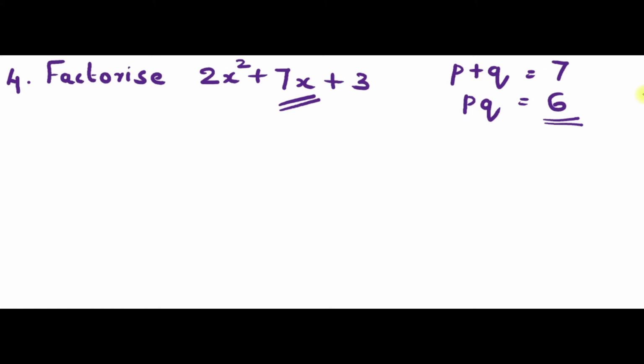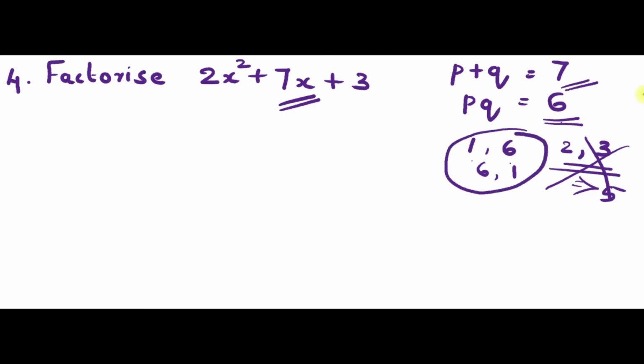So, we can consider 1, 6 and also 2, 3. When you are considering 1 and 6 or 6, 1, you will be getting product as 6 and sum will also be 7. 6 plus 1 will give you 7. On multiplying 2 and 3, you will get product as 6, but your sum will give you only 5. So, these numbers you can't take. You can go for these numbers only. Then you have to write in this manner.